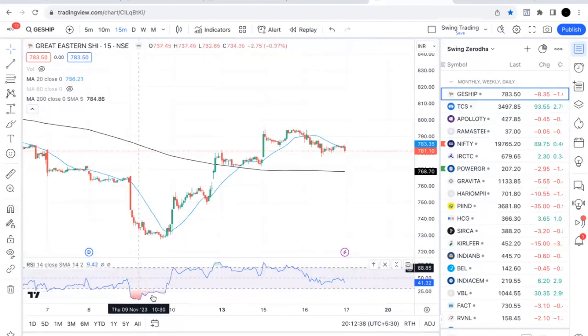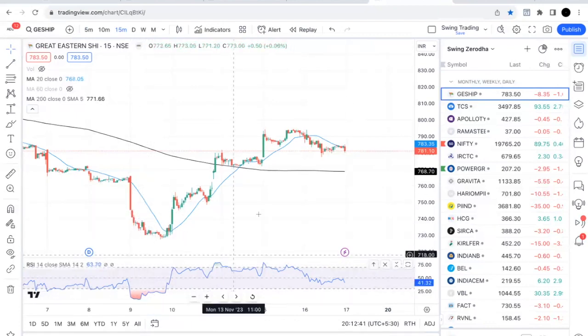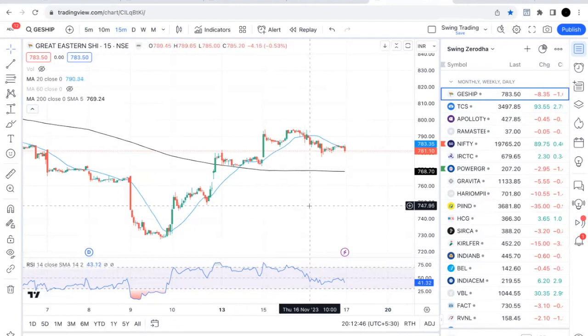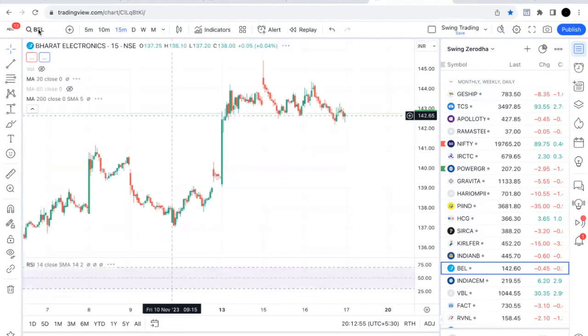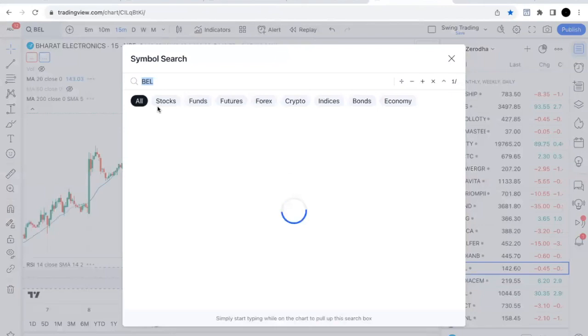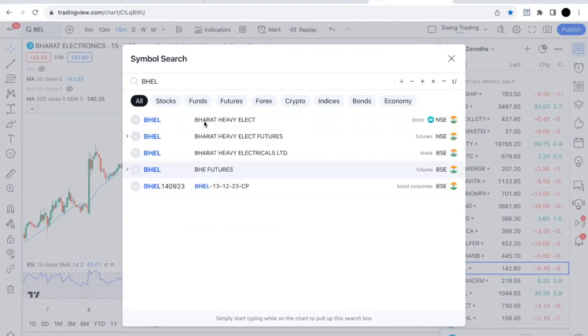Yeah. And my another question is, if we see the BHEL, BHEL, okay. So if we see that chart, and that chart is in alignment of like 20, and then 60 and 200 on daily chart and weekly chart, but not on monthly chart. But if I look at those charts, those charts are really aligning with the strategies that we were previously using,